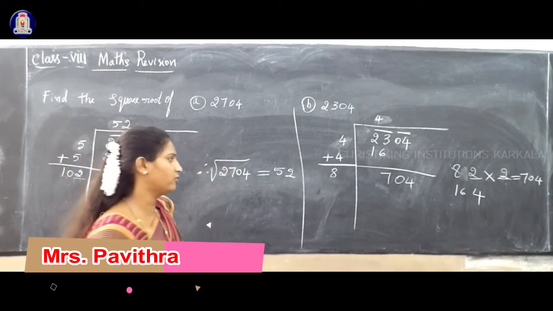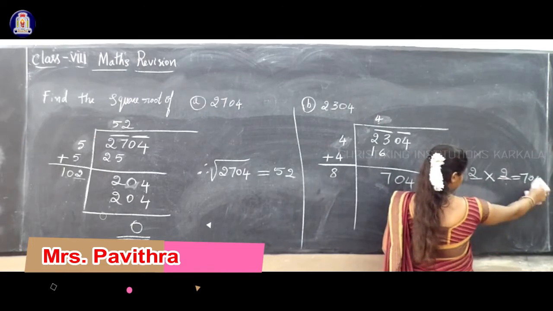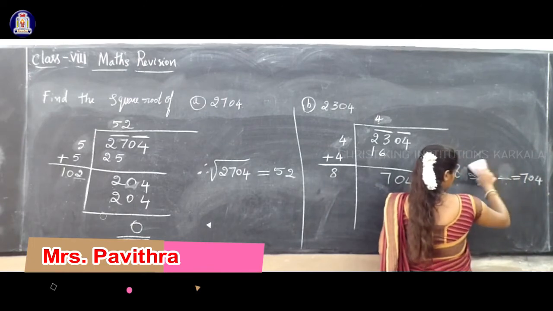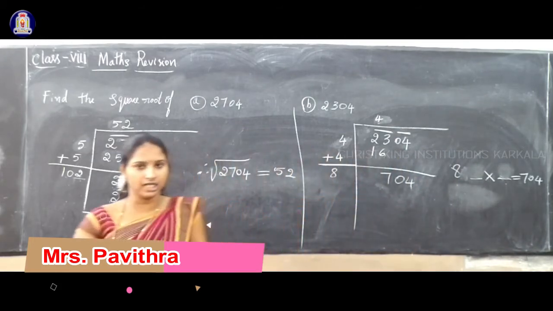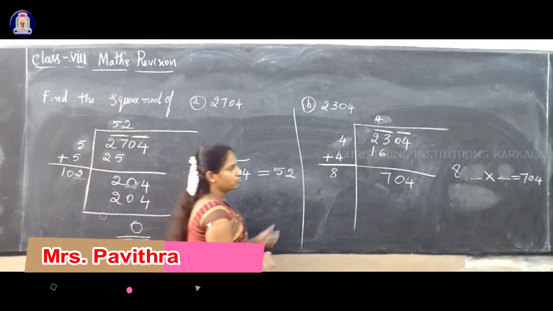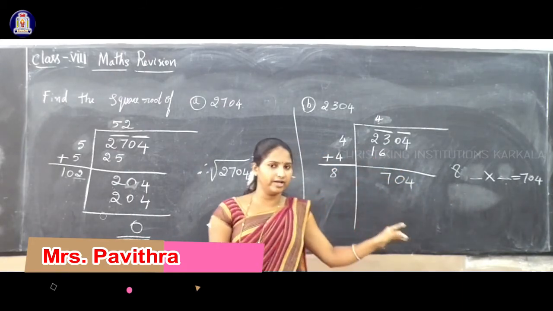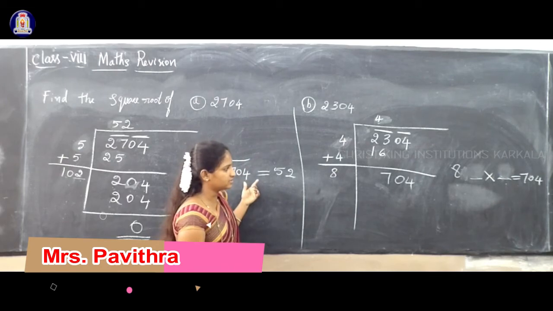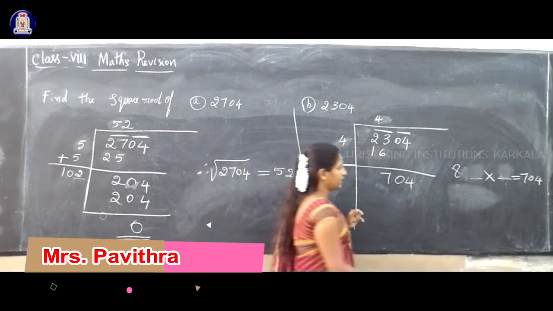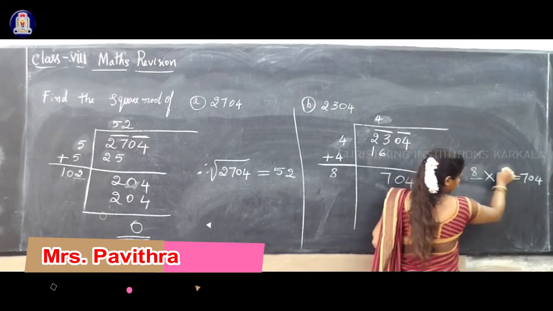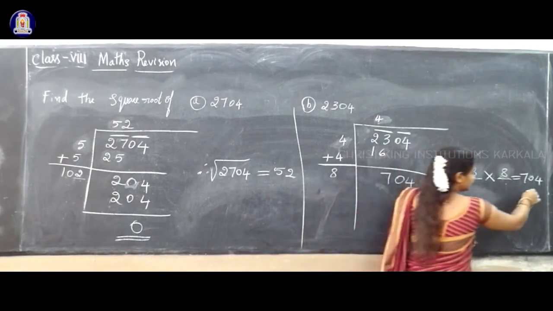So this is not possible. So the next number you can choose. You can think, say, last digit you must get 4. If you write 3, you will not get 4, isn't it? 3 3s will get 9. No. If you write 4, 4 4s will get 16. No. Next 5 5s are 25. No. 6 6s are again 36. 7 7s are 49. No. Next 8 8s are, because 8 into 8 we get 64. Correct? So here the last digit is 4.